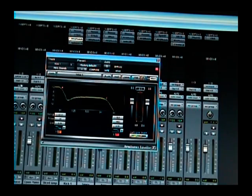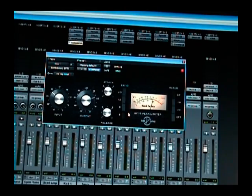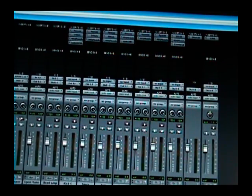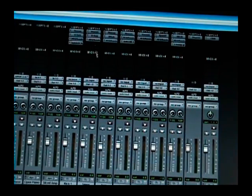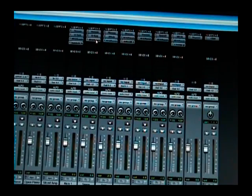Then I got an EQ here using the Waves REQ 2-band. Put a shelf on it, took out a couple of the highs, a large amount of the highs, I'm gonna say. And then I went ahead and threw on one of these compressors, so that way it punches, but it kind of blends in at the same time. Alright, so that's that. Then I went ahead and threw in my snare, used the same deverb,